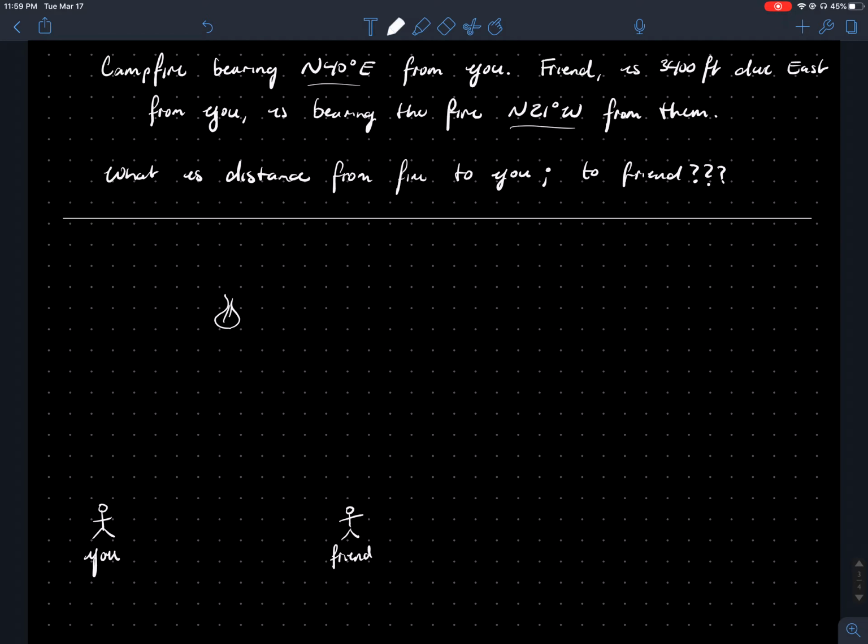It's not always the case that you can just kind of draw these out, but either way, we can show that that is yours and your friend's position to the campfire, because we are north bearing 40 degrees east to the campfire, and your friend